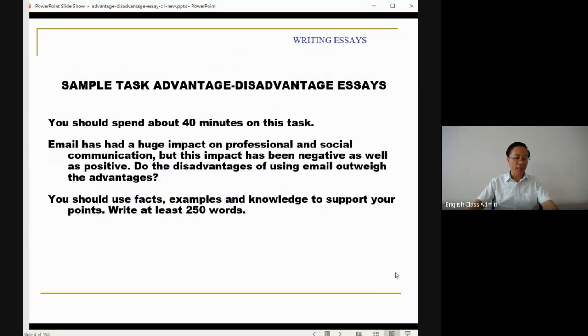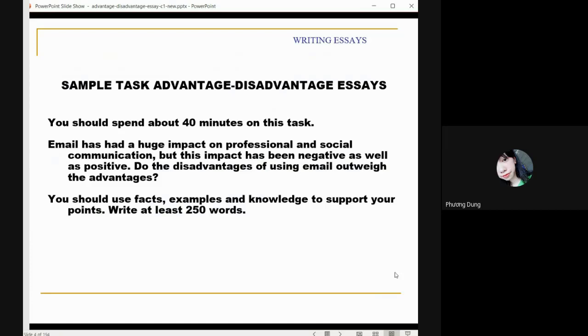I'd like to invite Phương Dung. Can you say aloud the sample task that I show here? You should spend about 40 minutes on this task. Email has had a huge impact on professional and social communication, but this impact has been negative as well as positive. Do the disadvantages of using email outweigh the advantages? Use your own example and knowledge to support your point, by writing at least